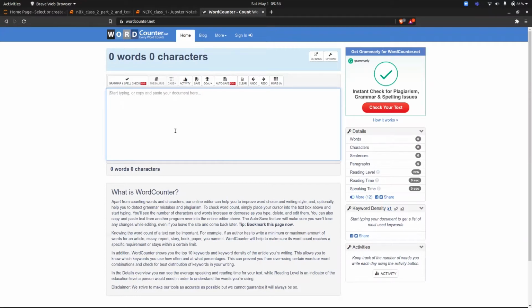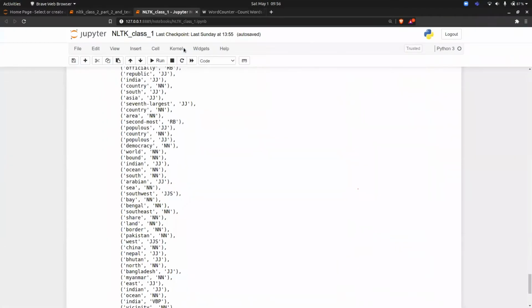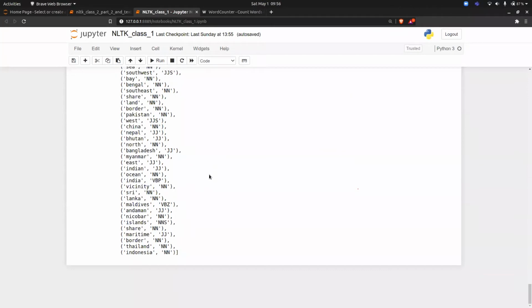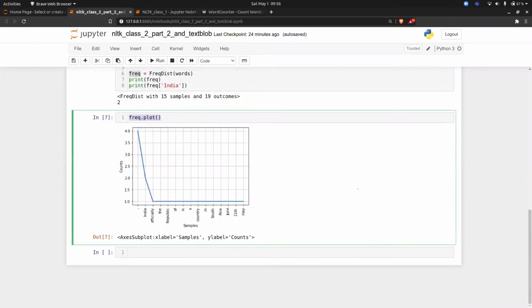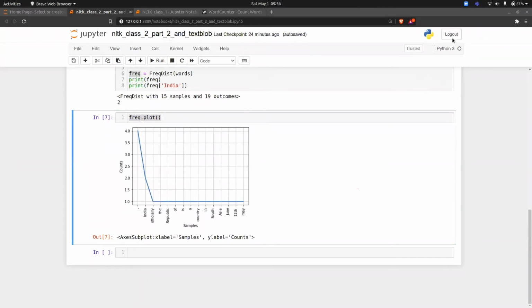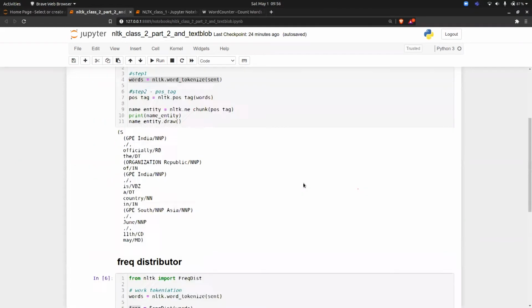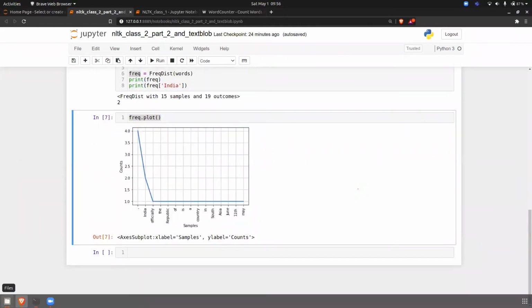So this is clear to everyone? Based on your own thinking, you can try to advance this application. But this is a basic application where NLTK can be used. Although NLTK is not a preferred library because we have more advanced libraries, but yes, this is what you can do. So NLTK library is clear to everyone? Anyone has a doubt in this? It's clear. Okay, great.